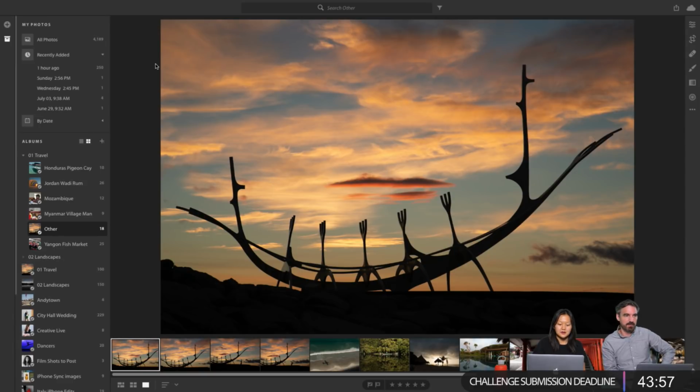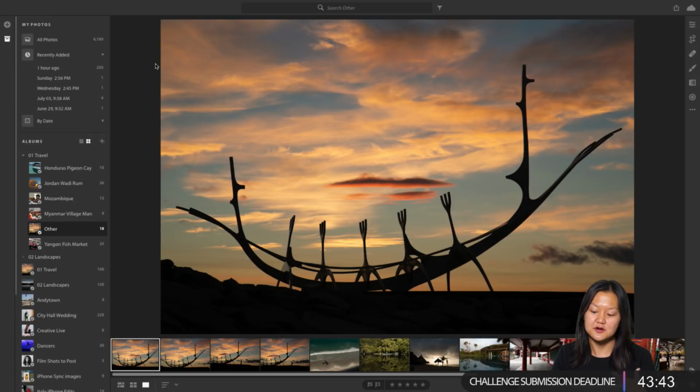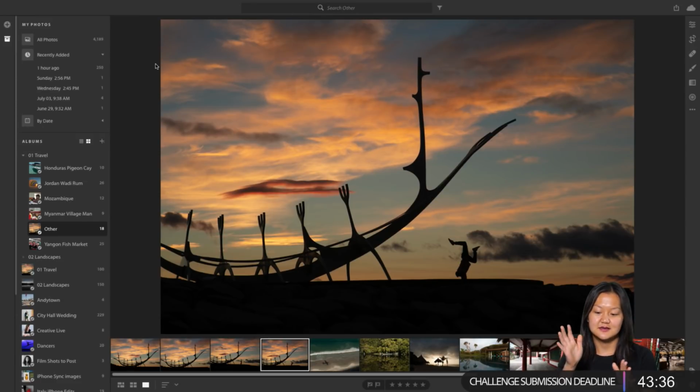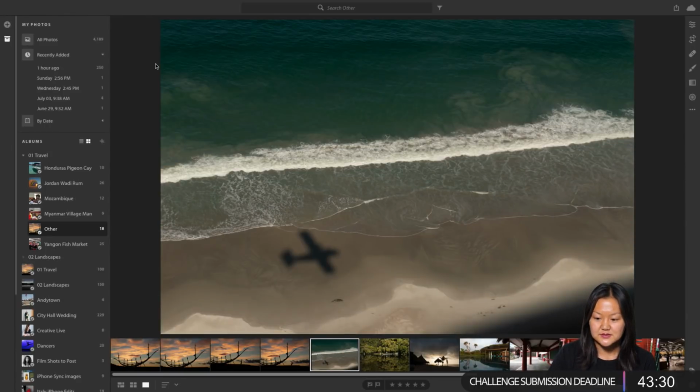This was taken when I was in Iceland in August one year, and it was probably around 10:30 p.m. because the sun was out for so long, which was pretty incredible. So in any case, I was photographing it against the sky, and my friend wanted to do a handstand, and I thought it would be kind of cool to see his body next to that massive ship, juxtaposed next to it with the silhouettes. So that was cool.